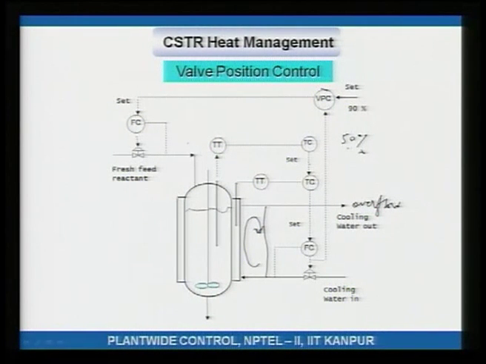the reactor. As the fresh feed to the reactor goes up, reactant accumulates inside the reactor and the reactant composition goes up, so the reactor temperature will start to go up because reaction rate has gone up. More heat is getting released. As reactor temperature goes up, the reactor temperature controller reduces the temperature set point of the jacket. The jacket temperature controller then increases the amount of cooling water being fed in. That means this cooling water valve opens, so 50% will slowly become 60%, 70%, 80% until you reach 90%.